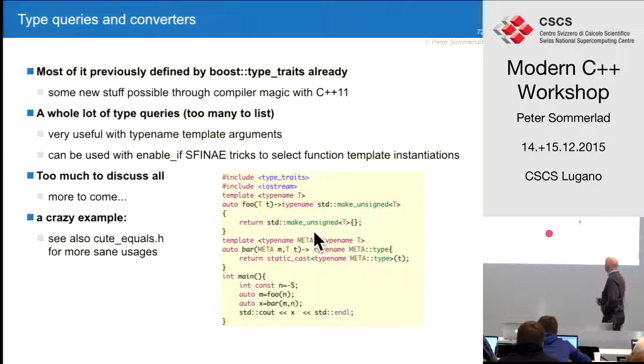If it already was an unsigned type, it will just return the same type, and if it was another type, like an int, it will return the corresponding unsigned int type.